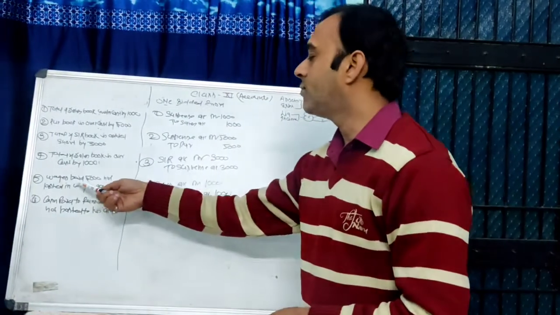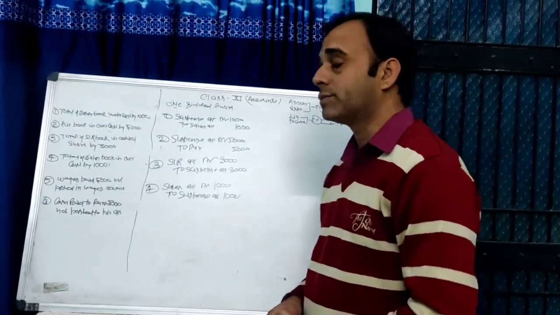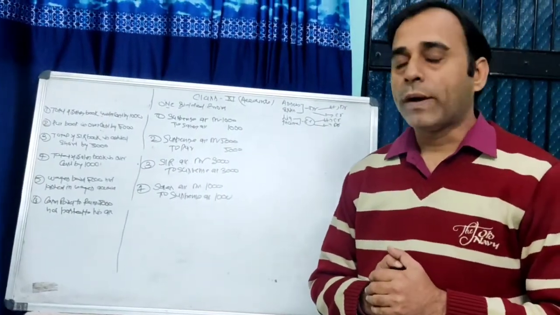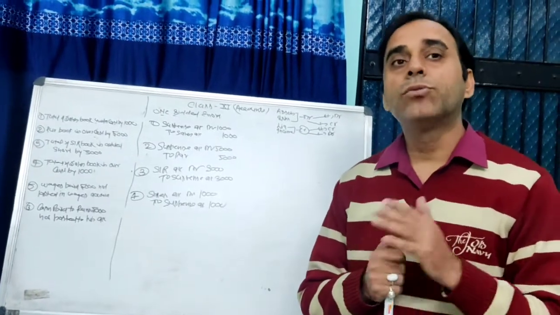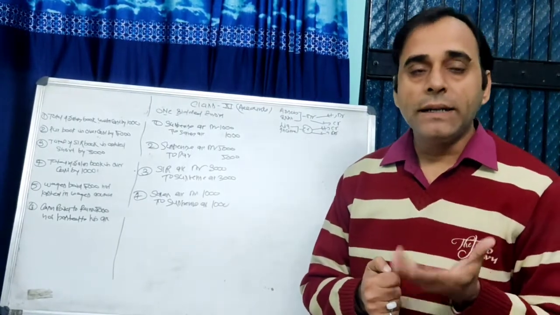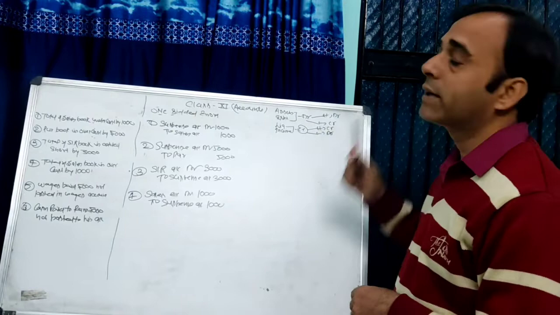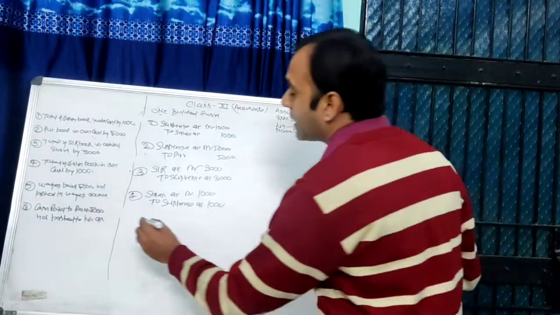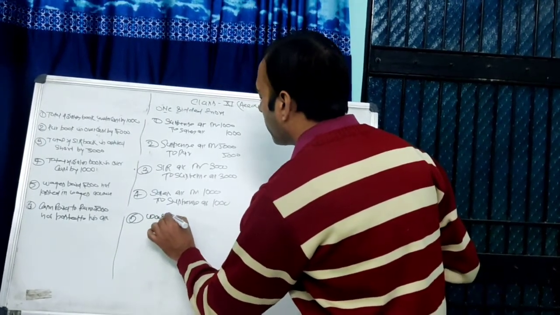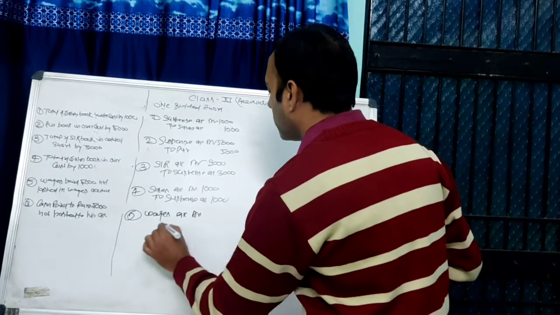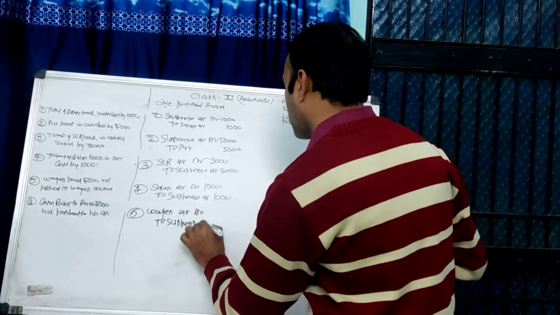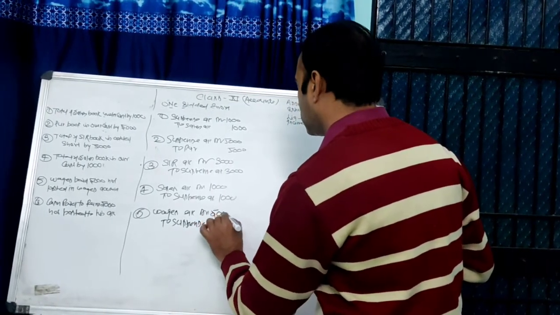The next question is wages paid 5,000 rupees not posted to the wages account. Whenever you pay wages, the entry stands for wages account debit to cash account. When we make a posting, it goes to the debit side of the wages account. We have not debited the wages account, so the wages account balance is decreased. And how will the debit balance be increased? When the account is debited. This is a one-sided error. We only forgot to post in the wages account, so we make an entry: wages account debit to suspense account, 5,000 rupees.